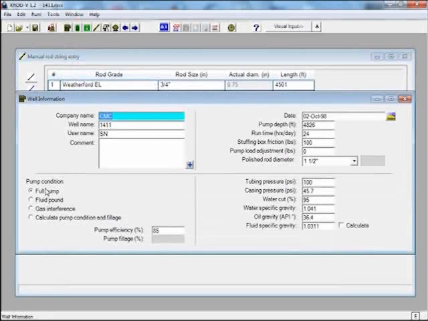So I'm going to go here to my first input window. Instead of a full pump, I'm going to select fluid pound, and I'm going to test 40%, 50%, and 60%. Well, actually, it depends really how you set up your pump off controller. For example, if you set your pump off controller to shut down the unit at less than 75% efficiency, let's say, or fillage,